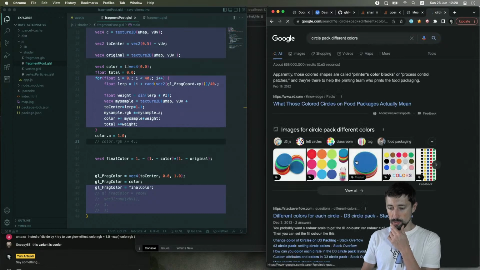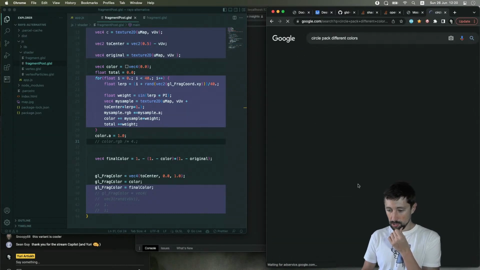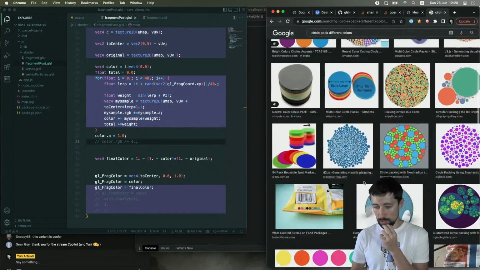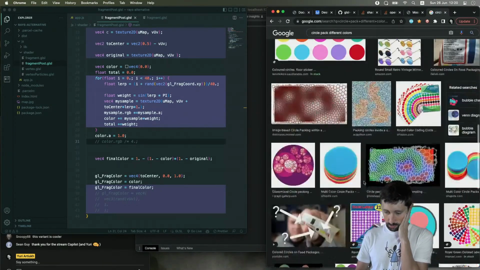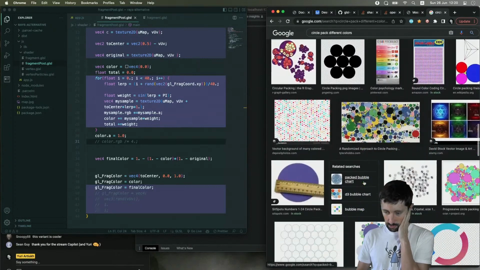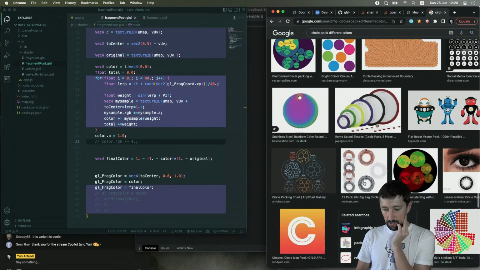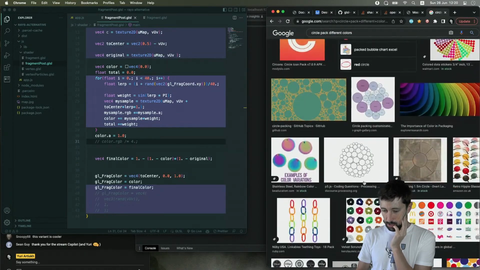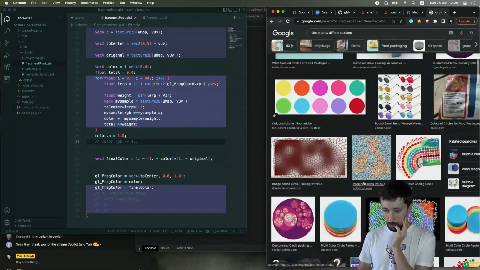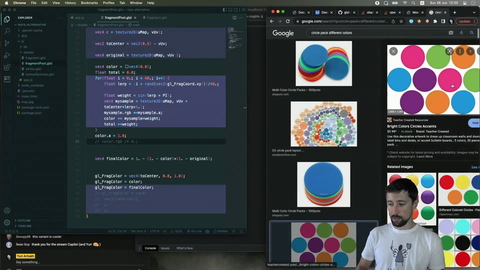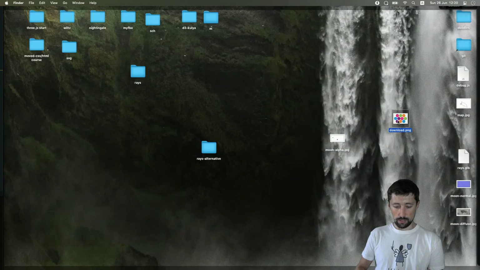There's a little bonus. I need a square texture with different colored circles, because I believe it looks really cool with the different colors. So let's just look at, where are the circles when I need them? Okay, let's take this one. It's not that important which texture to take actually, but